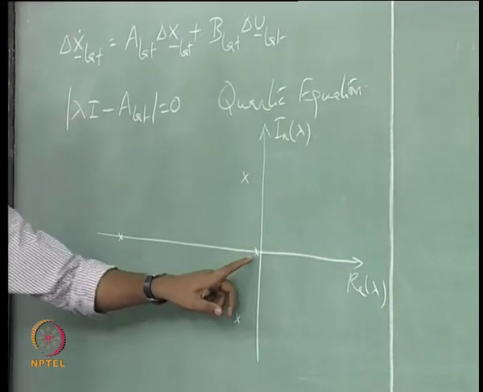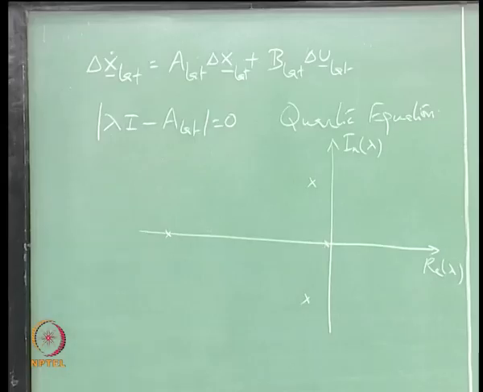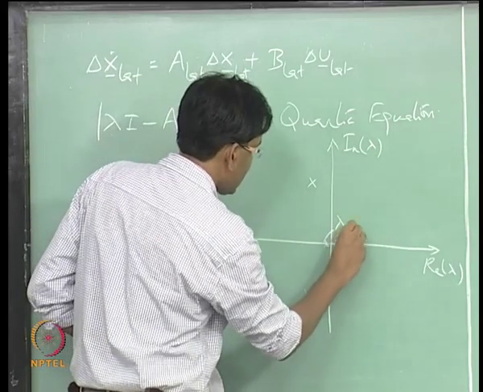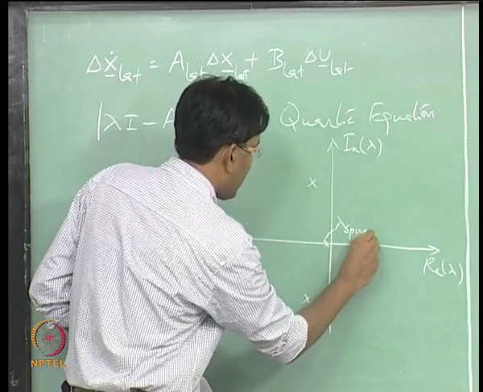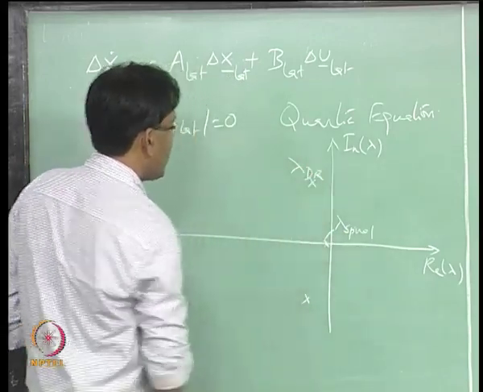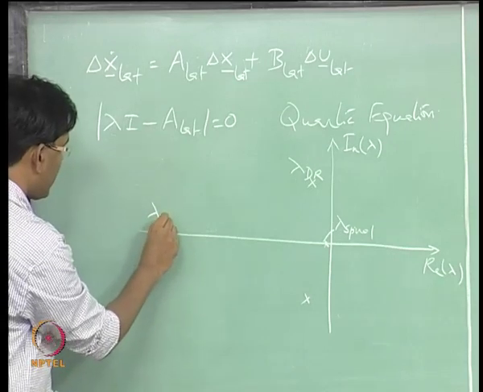Now, this is the case when the spiral mode is stable, right. There is a lambda spiral, Dutch roll, and